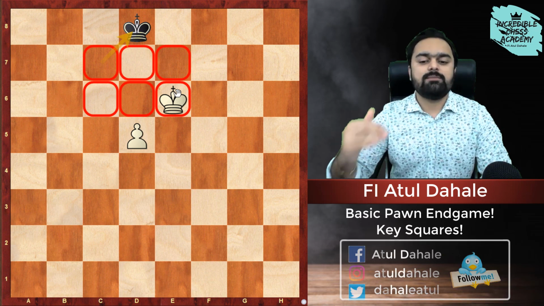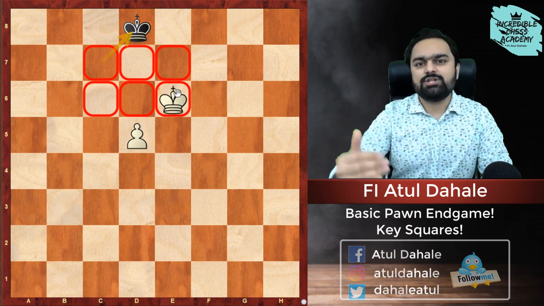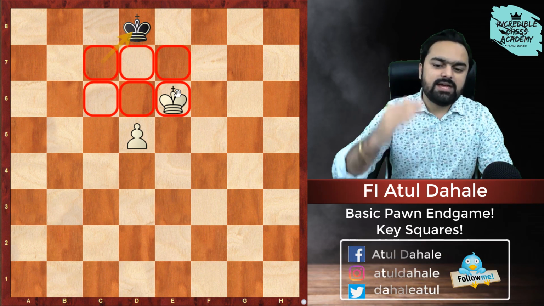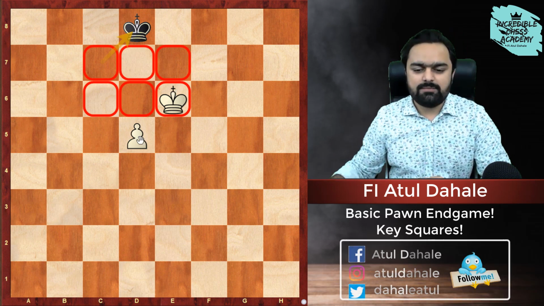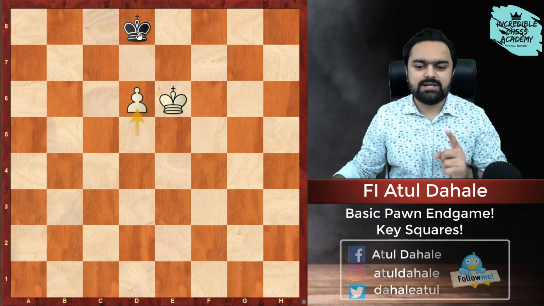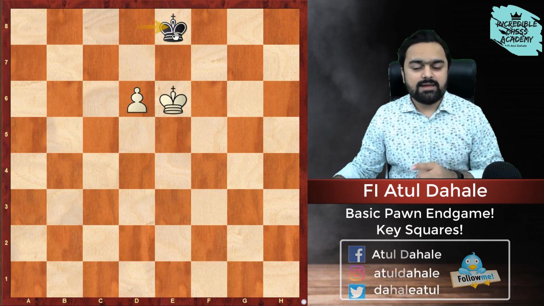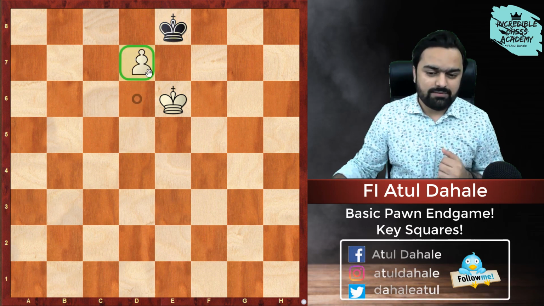If the pawn is coming on the 7th rank and you are giving the check to your opponent, then the game will be drawn. Okay, so if you play d6, it will be a mistake, because your opponent will play king e8 and take the position. And now if you play d7